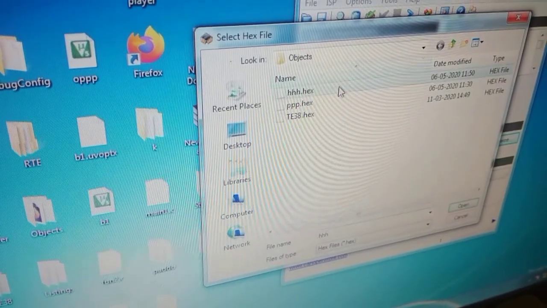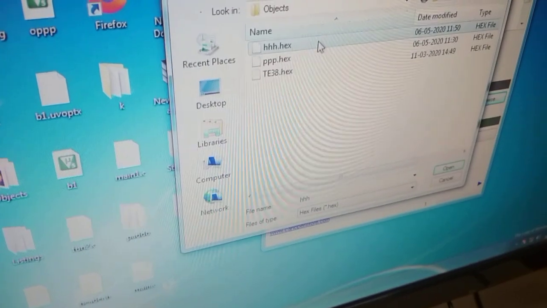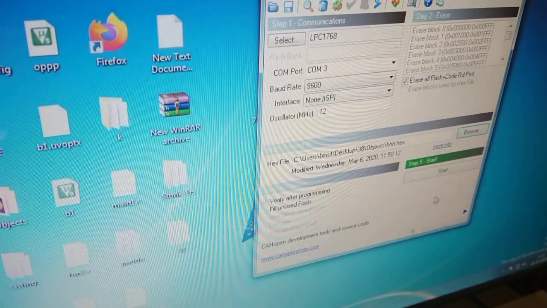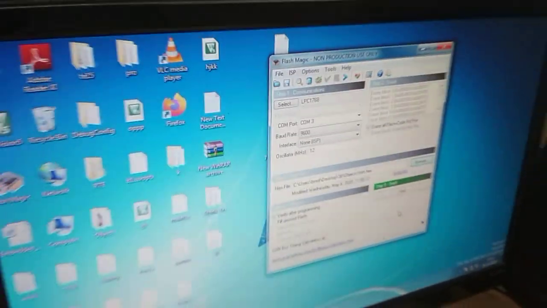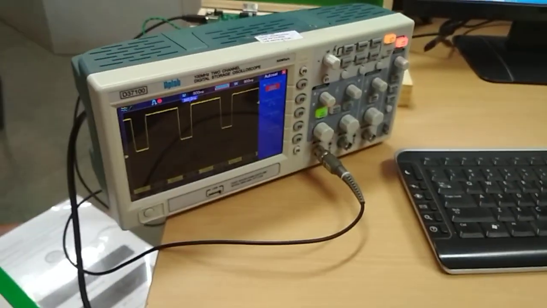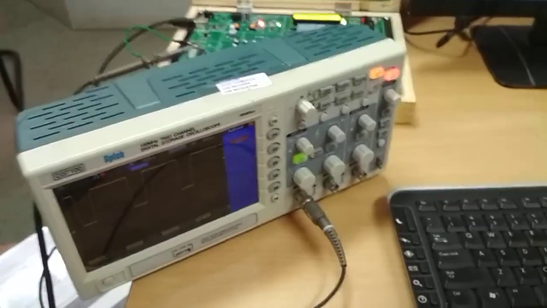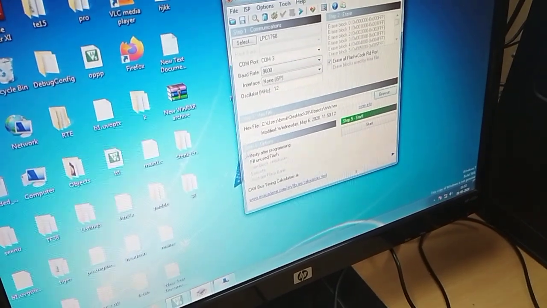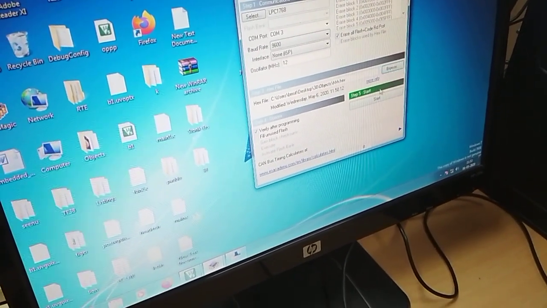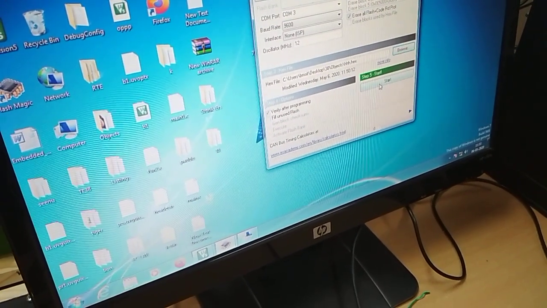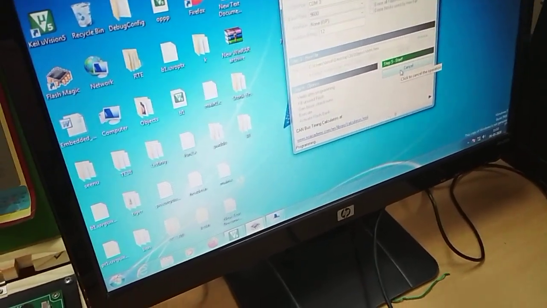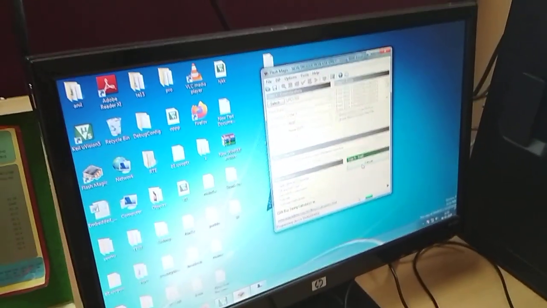So select your HH.hex file and open. So next, after selecting that, step 4, nothing to do. Go to step 5. Here you have start. Click on start so that we are loading the hexa file to our controller.